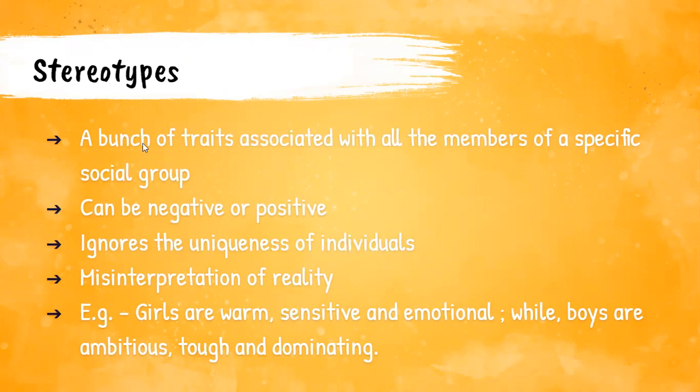So when you associate a bunch of traits with all the members of a specific social group, that this group is like this, that group is like that. People of West Bengal are very intelligent, right? So what have I done? I have associated a specific trait to all the members of the group. This is misinterpretation of reality. This is not the reality. And I have ignored individuals, how unique they are. So this is stereotypes. And for this tutorial, these three things I wanted to cover, and now just a small recap of